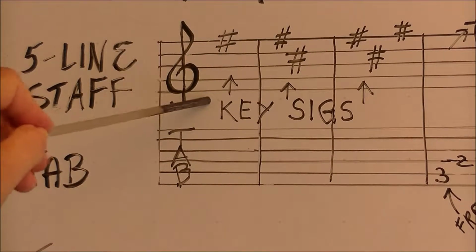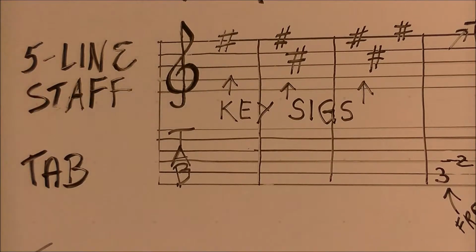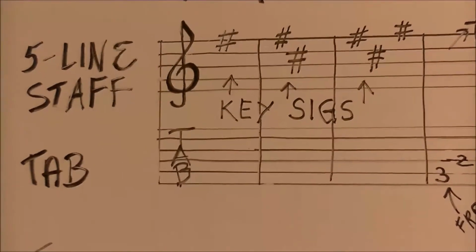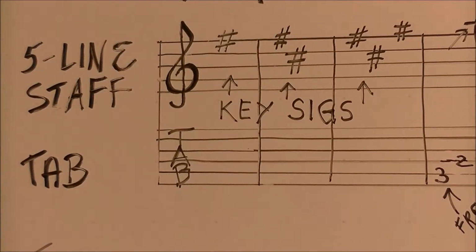The lines and the spaces symbolize notes that can be found on a keyboard or a guitar or any other instrument. To define the range of notes that we're looking at, we use something called a clef on the left side. This clef is called the G-clef. It circles and crosses the second line up from the bottom and designates that line as the note G. It's a certain G on the keyboard, it's a certain G on the guitar, and on any other instrument, but